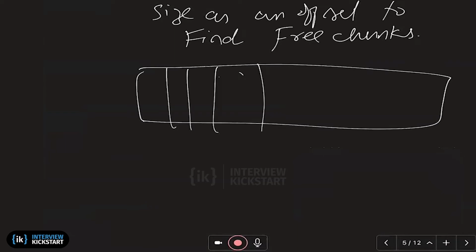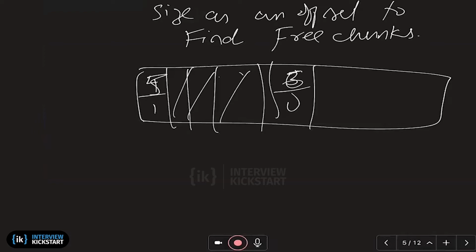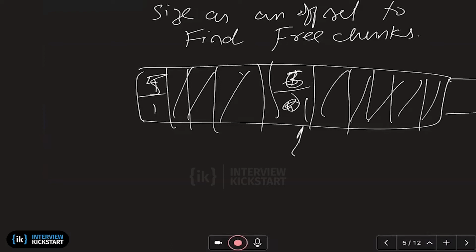So you had this allocated block of 5,1, and then you have a free one, let's say 6,0, free, 5 bytes are available, and so on. What happens when you do a free? Let's say it is 6, of which 5 are allocated, and you're asking to free. The free pointer is pointing to here, right? So you need to be able to access this header. If the header size is fixed, which is normally the case, the application sees this pointer,